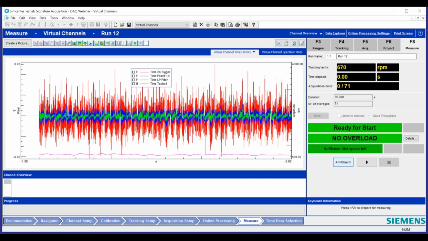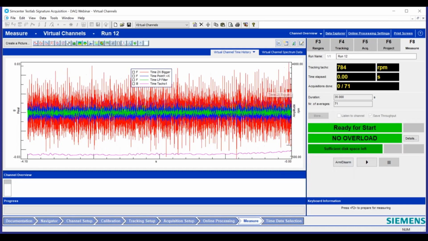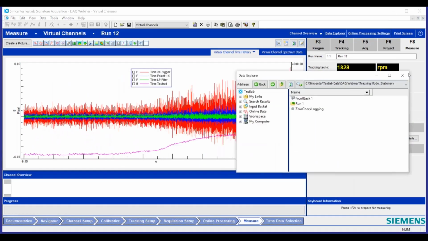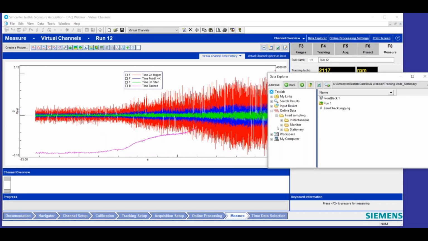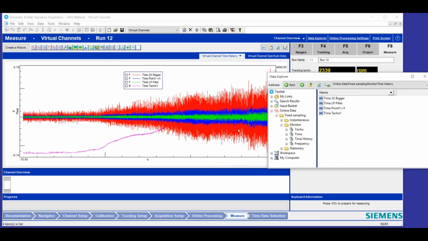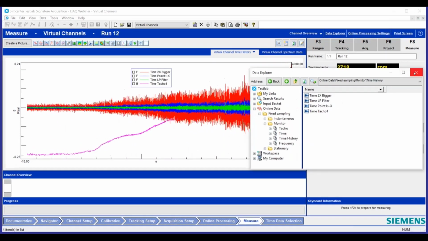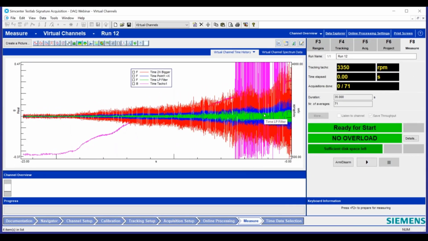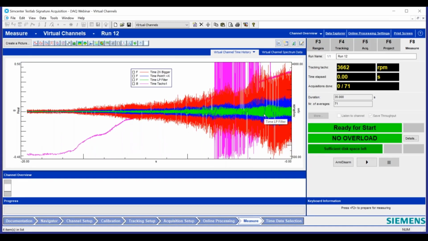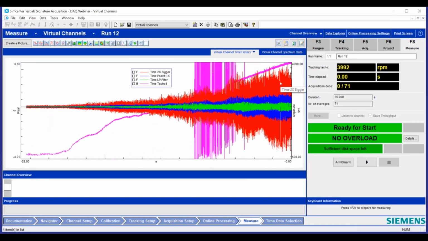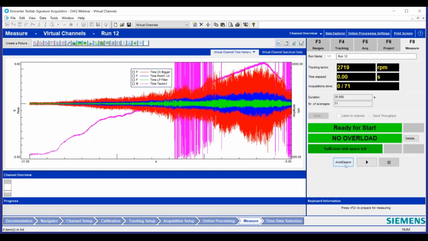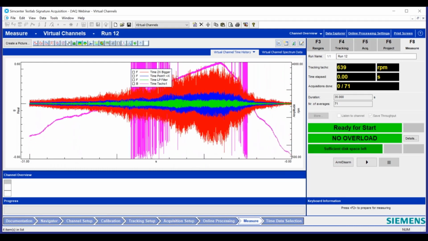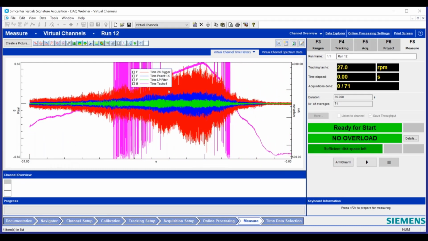Let's go down here to measure, just to show you that you can watch this data live. If we go to ARM, I just created a display, and I dropped in from my online data manager all of the data from the monitoring folder from the time history. So the green one is filtered, so it looks less in amplitude than the other ones, exactly. And we haven't even started the measurement. This is just in ARM mode. We're monitoring those signals before we even start the measurement, and that'll include our transducer data as well as the virtual channels we created.